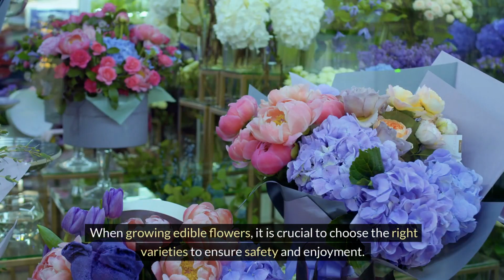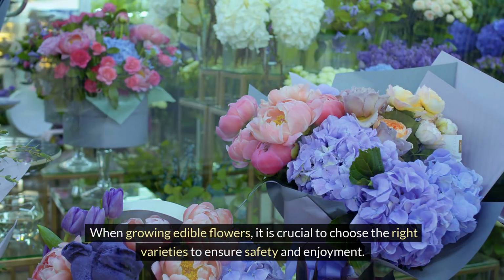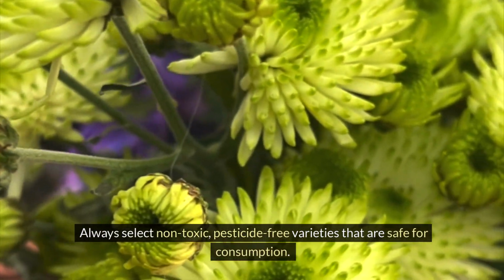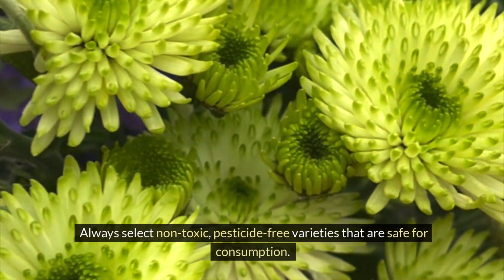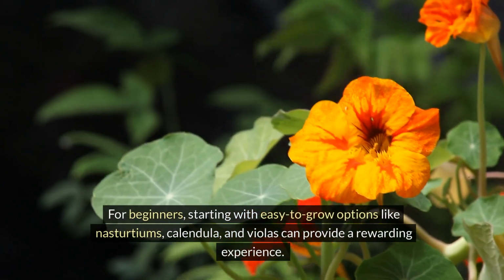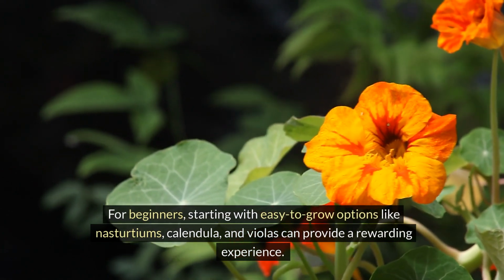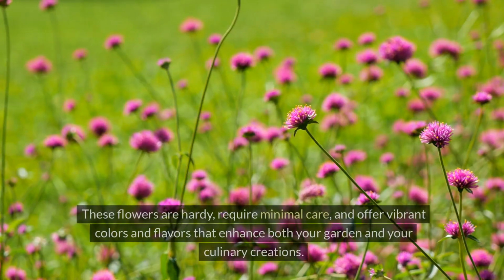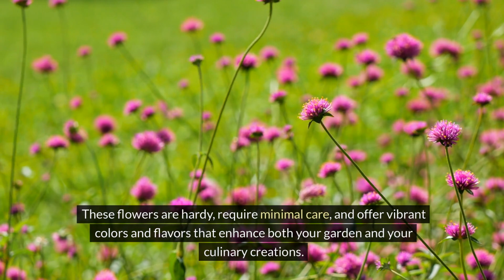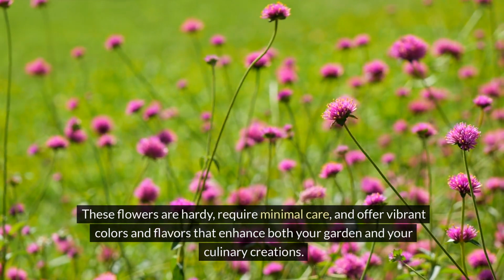When growing edible flowers, it is crucial to choose the right varieties to ensure safety and enjoyment. Always select non-toxic, pesticide-free varieties that are safe for consumption. For beginners, starting with easy-to-grow options like nasturtiums, calendula, and violas can provide a rewarding experience. These flowers are hardy, require minimal care, and offer vibrant colors and flavors that enhance both your garden and your